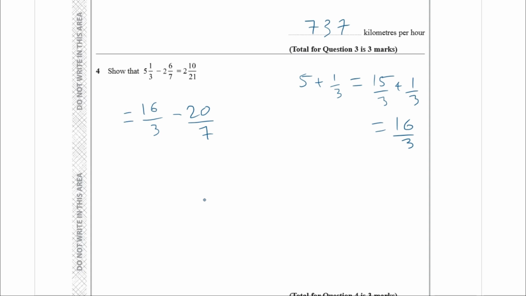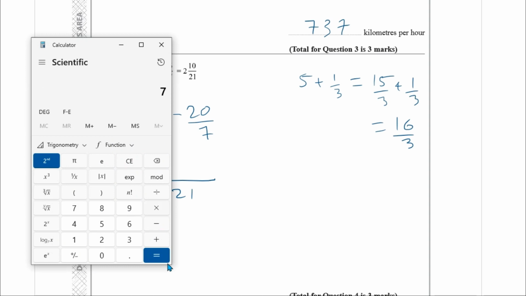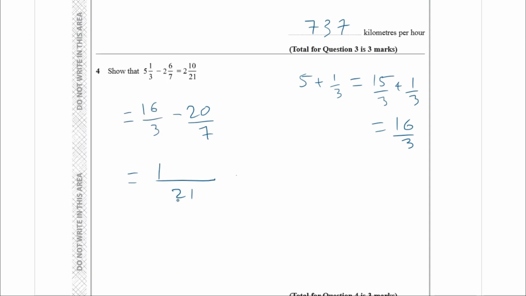Now, here you have 2 fractions with different denominators, so we can go over 21. And so we'll need to do 7 times 16 here, which if you want to use a calculator, go ahead. So 112, just to be sure, because you're in an exam, minus 3 times 20, which you don't need a calculator for, that's just 60. So 112 minus 60, that's going to be equal to